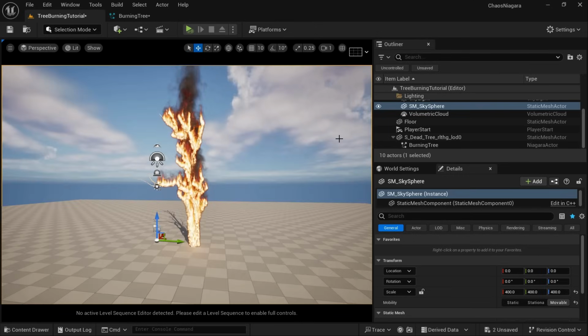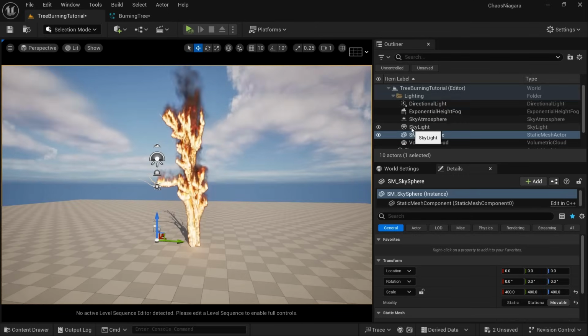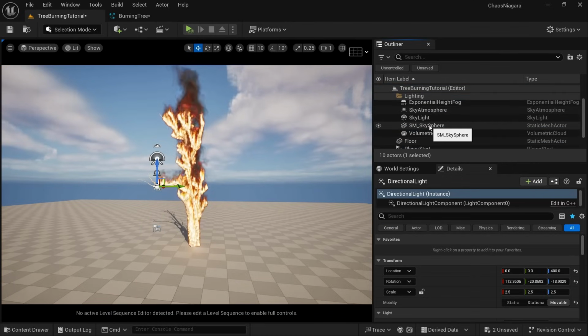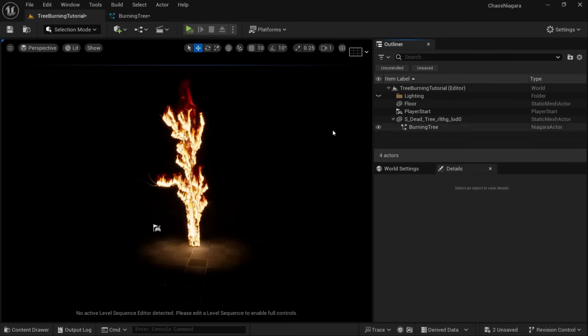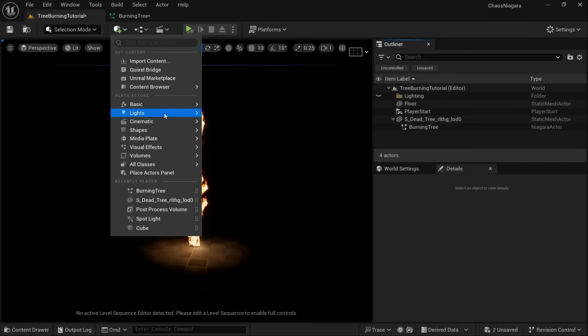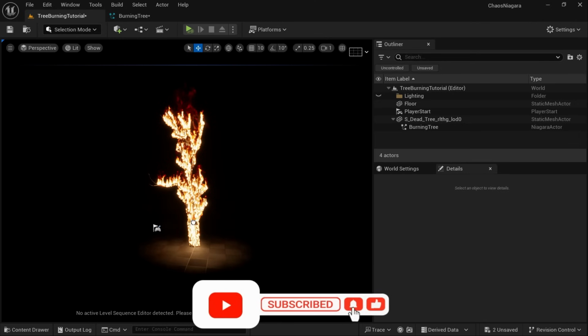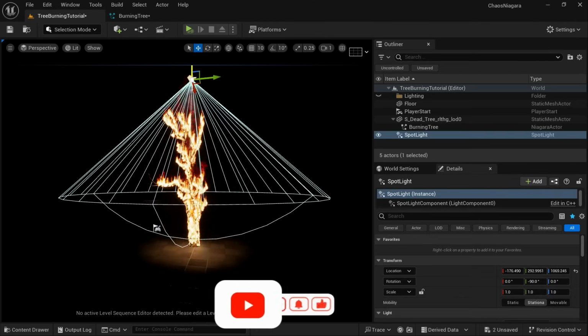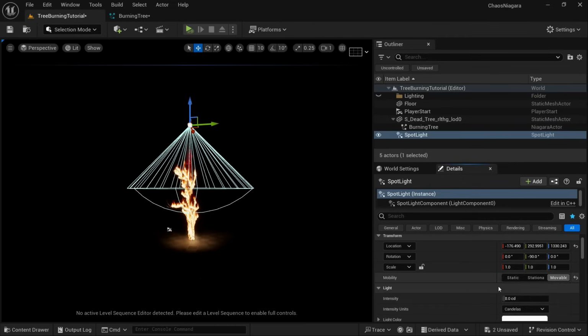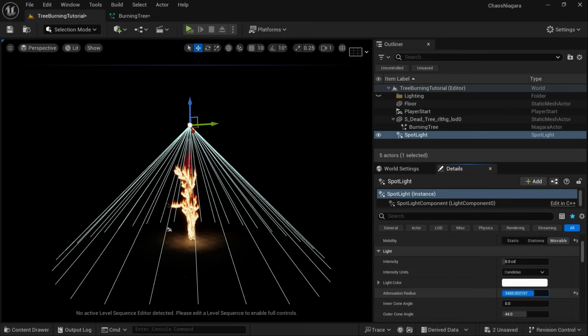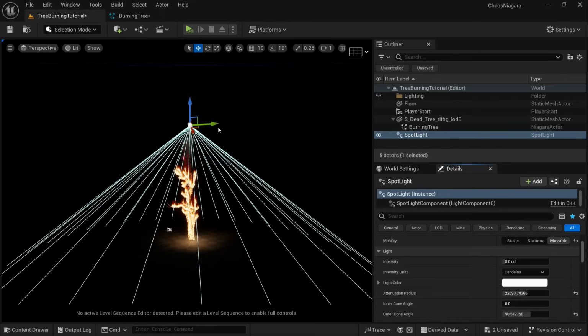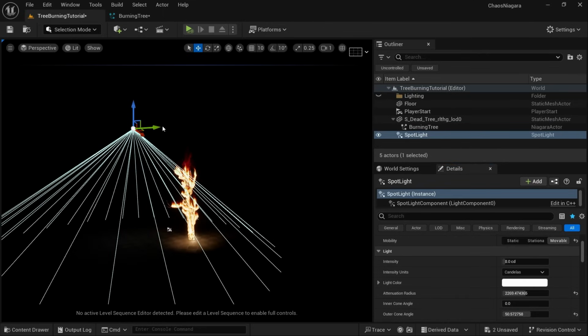Now we are going to delete all the lights and add just a spotlight. So let's just select all the lights from our scene and let's just press delete here. And now you can see we are getting a result something like this. Let's add some spotlights into our scene. So let's go to create, let's go to lights and let's just add a spotlight into our scene something like this. And let's just move it upwards, and then we are going to take it to movable, and we are going to increase the attenuation radius here, and we are going to increase our outer cone angle, and we are going to move our light somewhere over here,